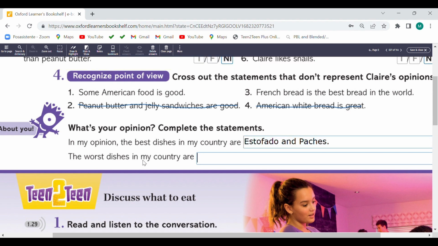The worst dishes in my country are, bueno, no sé, ustedes tendrían que colocar dos tipos de comida que no son muy deliciosas. Bueno, casi. Por ejemplo, caldo de pata, por ejemplo. No podemos traducirlo, ¿verdad? Solo cuando ya le hablamos a un americano, le damos la idea, ¿verdad?